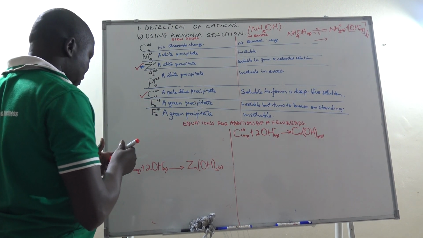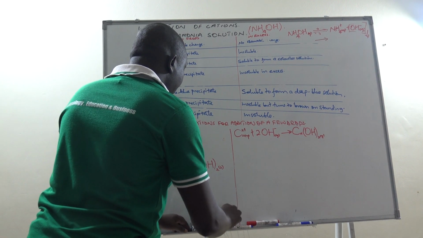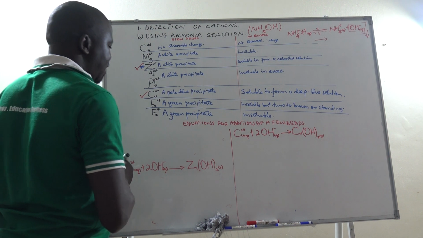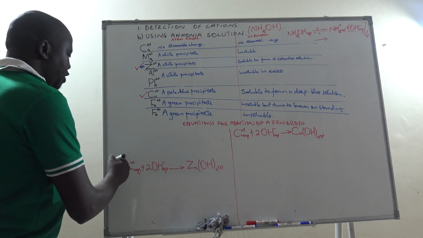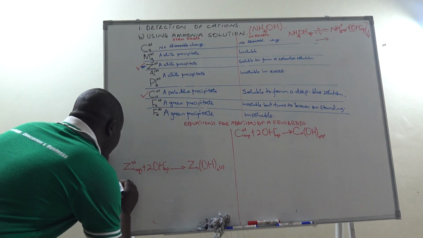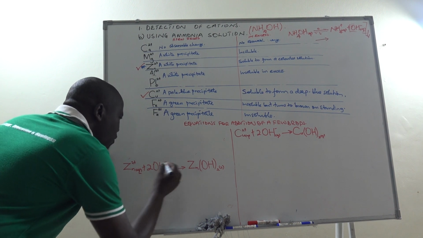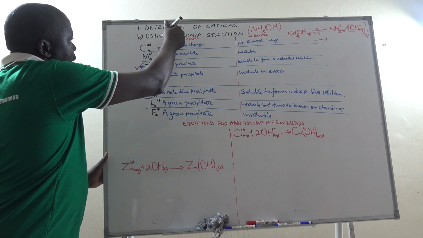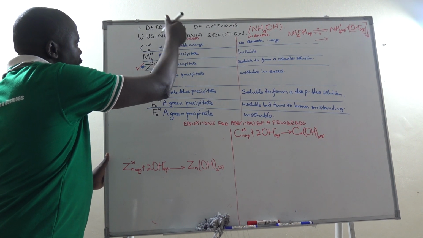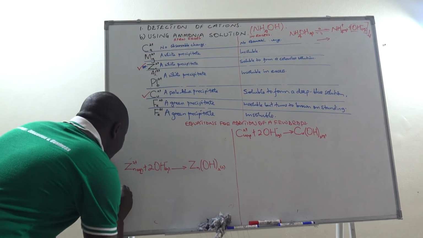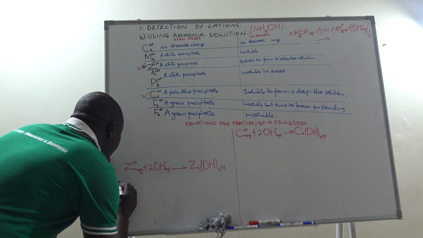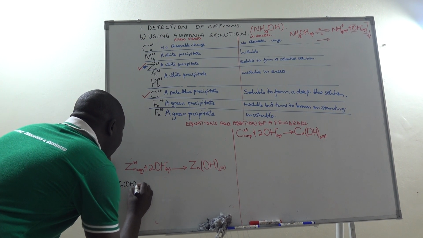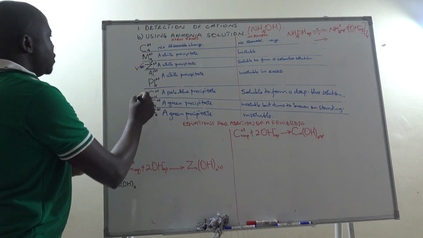Now in this case, let me use a different ink color. I'm going to use black for excess reactions. So this one is on the addition of a few drops. Then in excess, with the zinc ion, since the zinc hydroxide has been formed after adding a few drops of the ammonia solution, then in excess, the white precipitate of zinc hydroxide, we say that it is soluble in excess to form